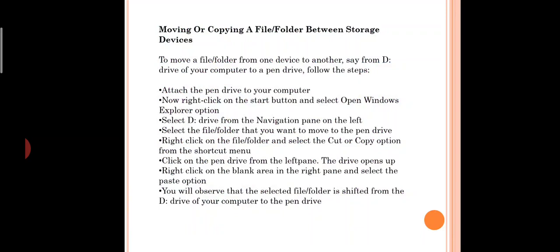Attach the pen drive to your computer. Everyone knows that. Next, right click on the start button and select the Open Windows Explorer option. Next, select the D drive from the navigation pane on the left. You just click on the D drive, and whatever files or folders are there in the D drive, everything will be listed. There you have to right click on the file or folder and select the cut